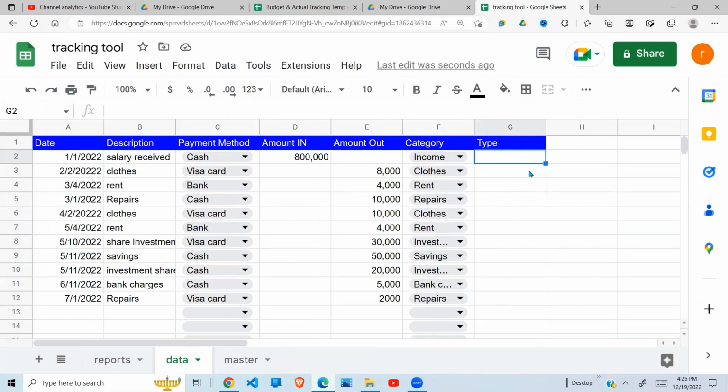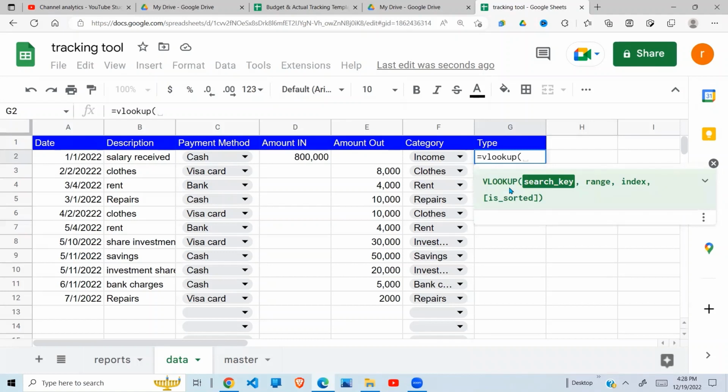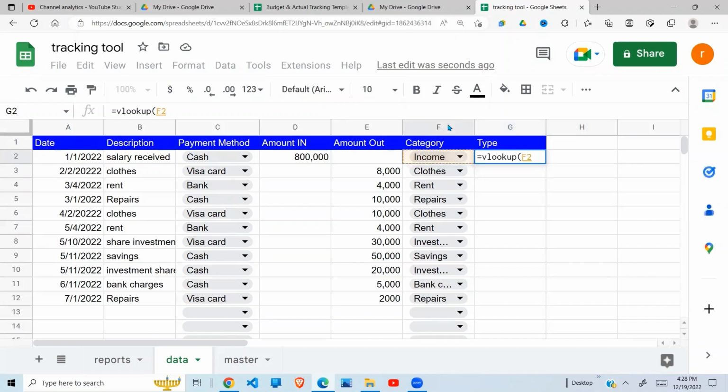The transaction type is based on the category that I enter here. So I can use a VLOOKUP. Now let's use the VLOOKUP formula to get the transaction type. I'm going to say VLOOKUP. If you don't know how to do this, there's a video I have on VLOOKUP. The search key will be, what am I searching for? I'm searching for the column F item cell, comma,